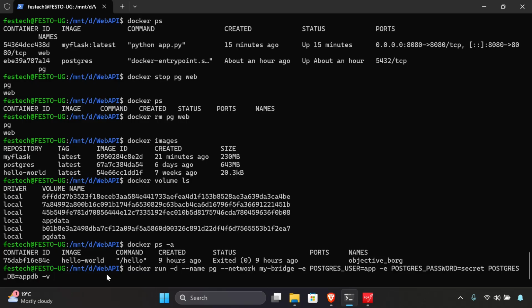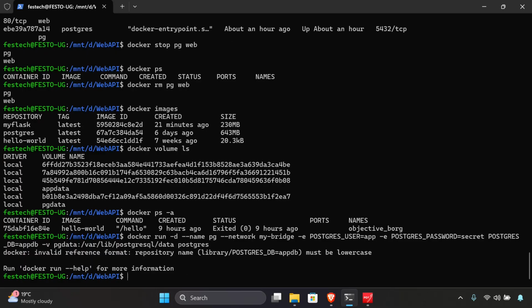Then we persist the data, and then we'll put the data pgdata in our specified location, the /var/lib/postgresql, -data Postgres. Click enter. So we are having the challenge library Postgres